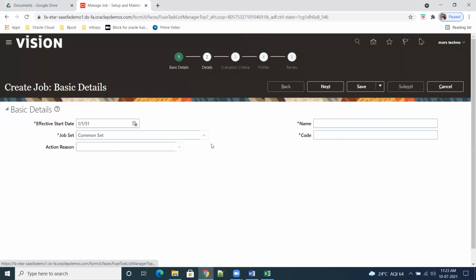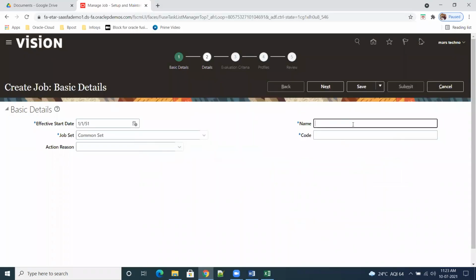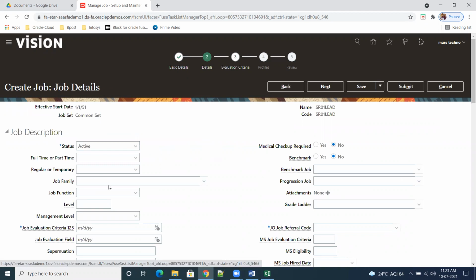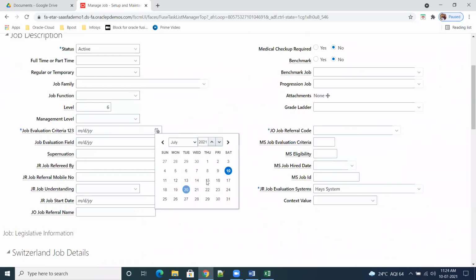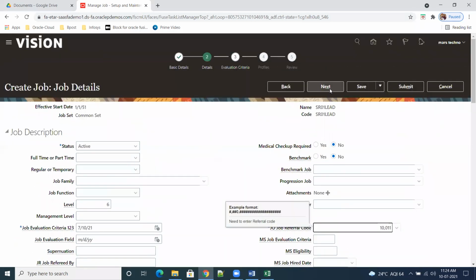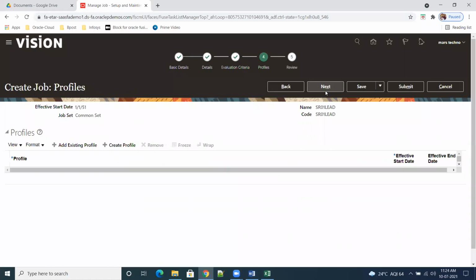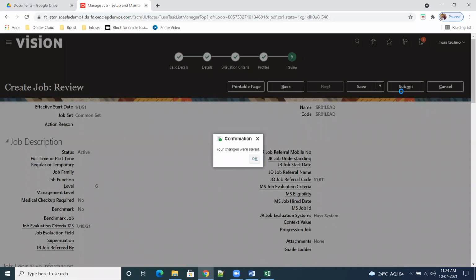Similarly, we'll create SR01 lead. Okay, code. Next. So level is 6. This is the level. Referral code. Click on next, next, next, save, and then submit.